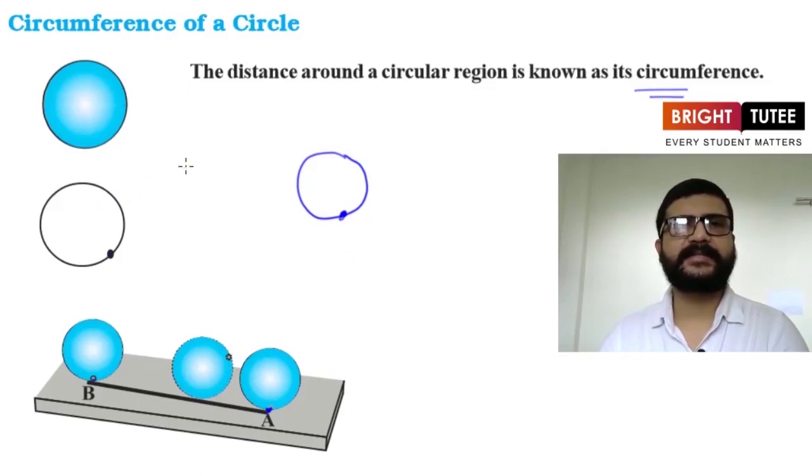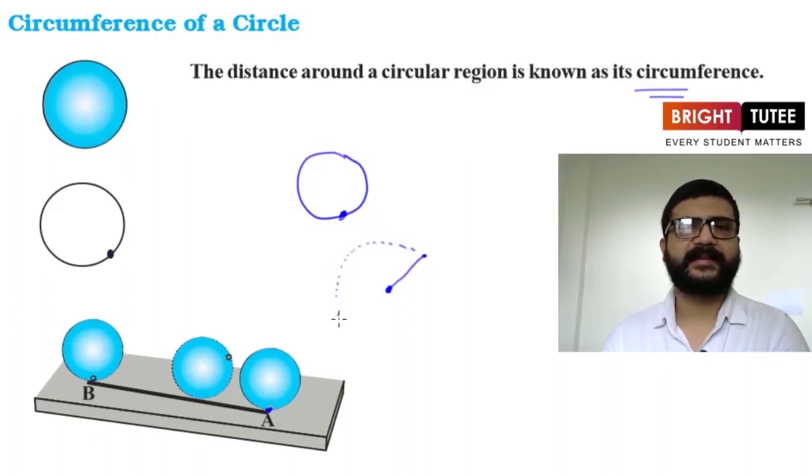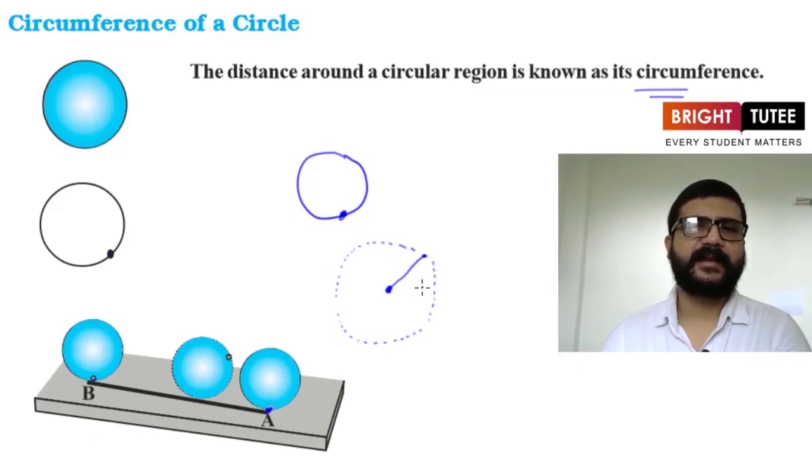Before that, let us discuss what is the radius of a circle. Now a circle is the collection of all the points which are at a fixed distance from a fixed point. As we can see here, suppose here is the fixed point and this is the fixed distance, this much. Now all the points in the plane which are at this distance from this fixed point will be forming a circle like this. Now as we can see, all these points are at a fixed distance from this fixed point.